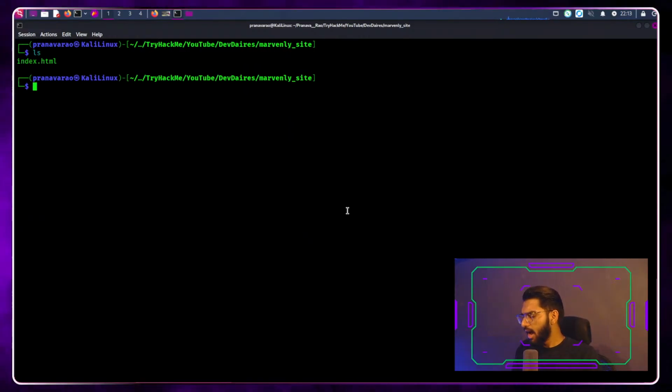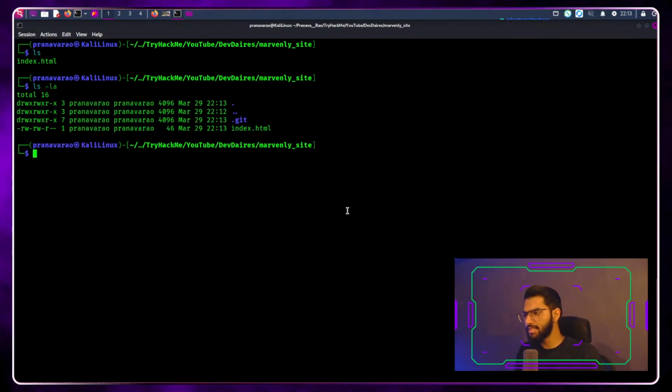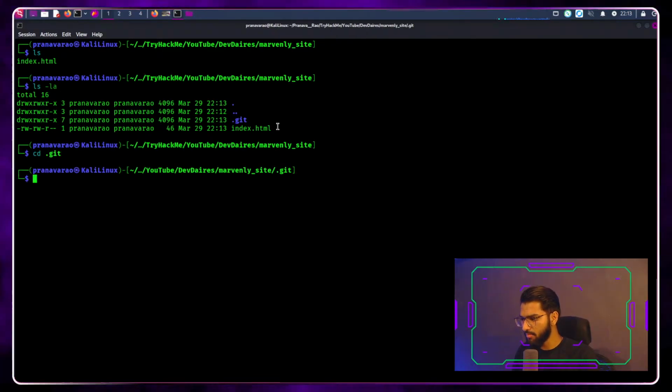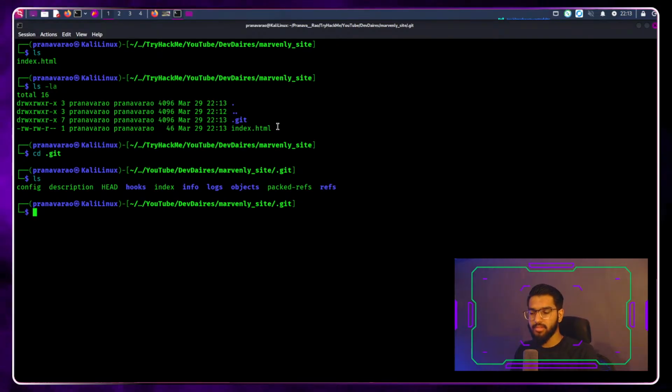Okay, that's good. But there are also hidden files inside this. If I do ls -la, I can see that there is a hidden file called .git inside it. What is this hidden file? If I go into .git and look here, this contains the entire log of all the things that you did in a GitHub repository. It contains details of the commits, the images that you added, the modifications, the branching, the code, everything.